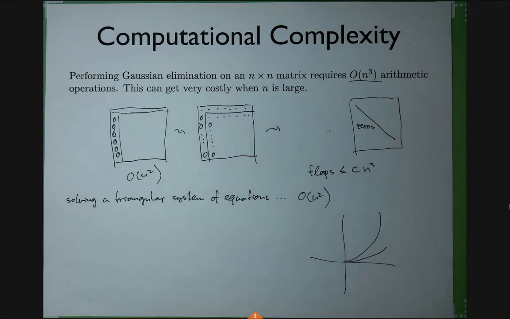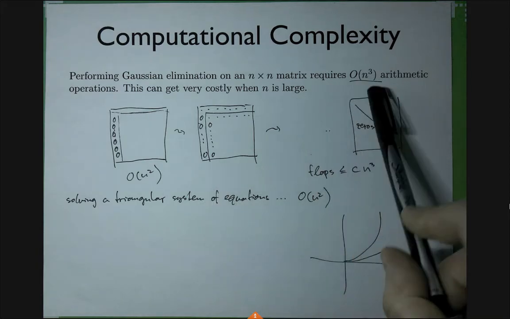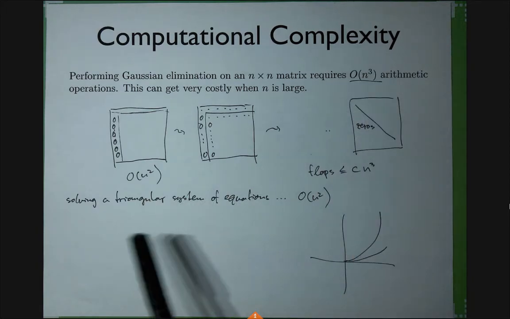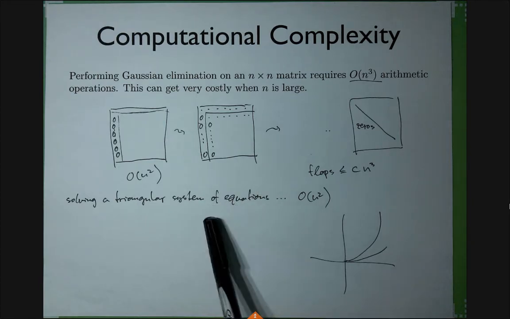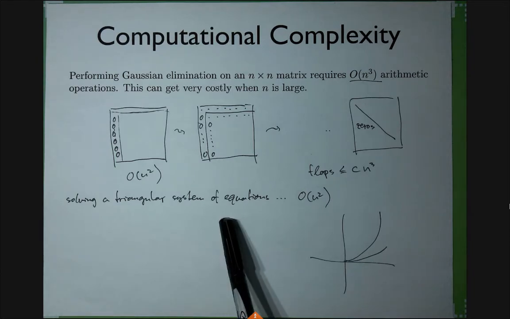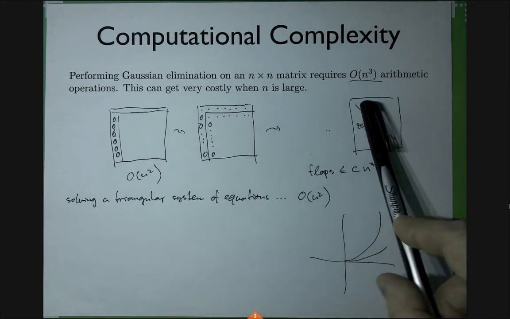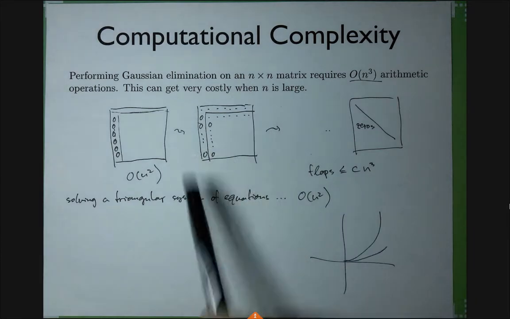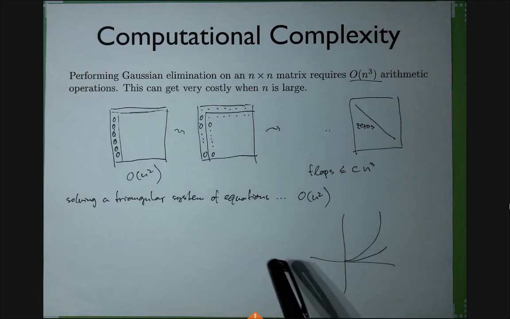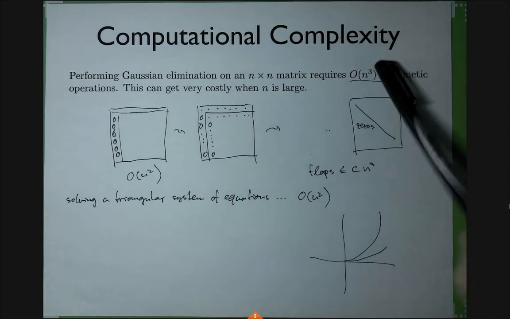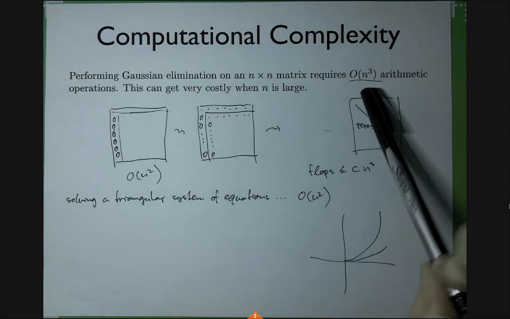Of course, this is really just the tip of the iceberg of solving linear systems. What typically happens in applications, and we'll be talking about applications very soon, on some typical linear systems you encounter in practical problems, is that almost never do you have to do it this way. Almost always there is some special structure to the matrix. Maybe the matrix is sparse, or maybe it's banded, or something like this. And in this case, you can hugely improve this time complexity.